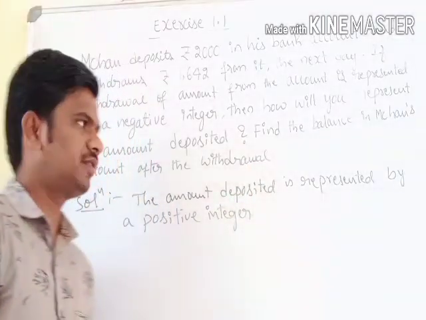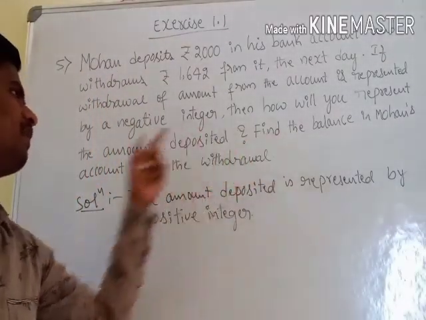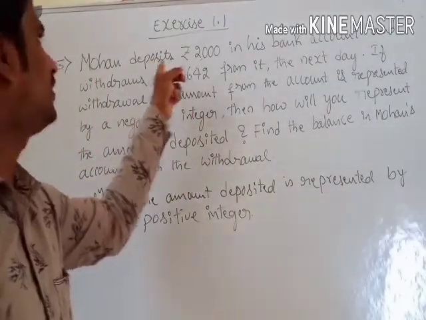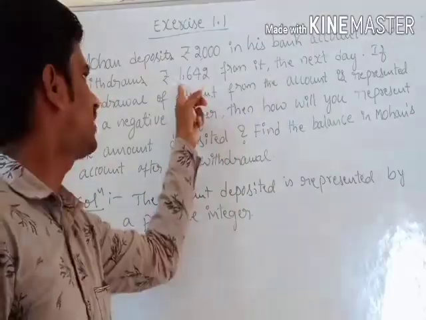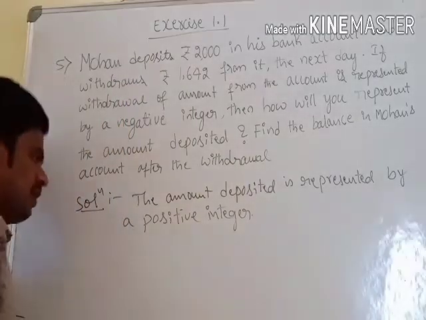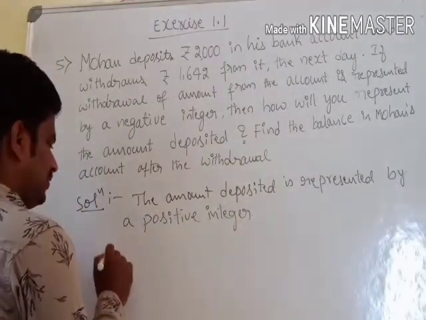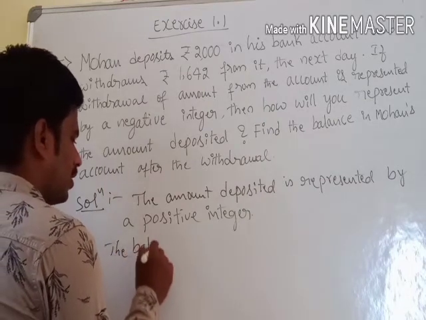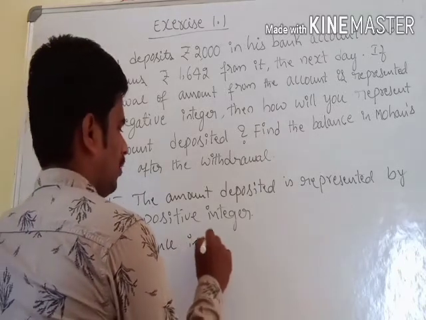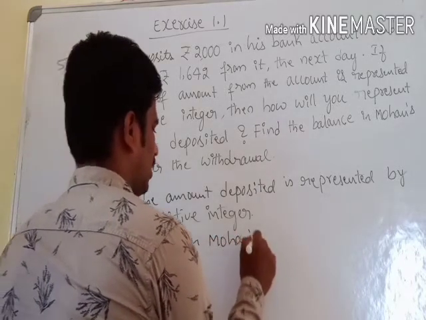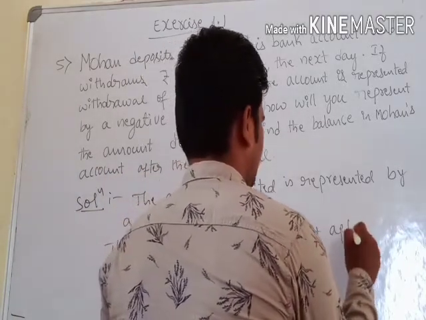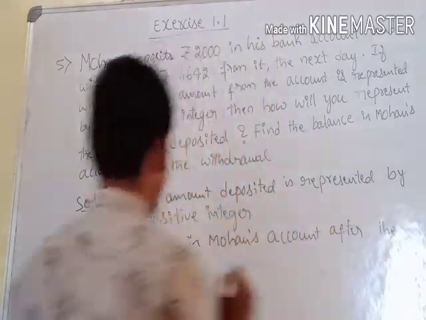Okay, then what is the second question? Find the balance in Mohan's account after the withdrawal. First he deposited 2000 rupees and the next day he withdraws 1642 rupees. Then what is the balance in his account? That is, the balance in Mohan's account after the withdrawal